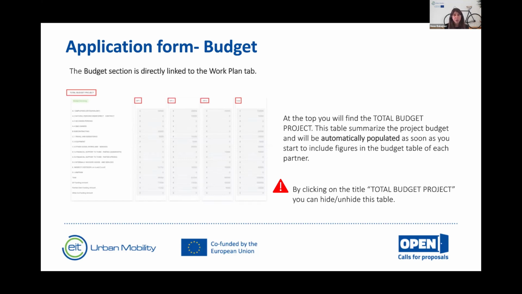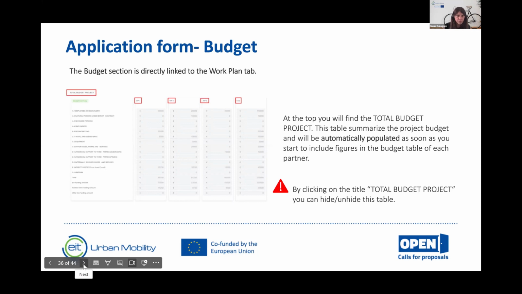So first of all, work on the final version of the work packages, and we also recommend that you do it in an Excel file, and then fill the tables directly in the platform, because otherwise perhaps you have some partners that are not related to a work package, so they don't have the column. So it's better to be sure that all the work packages are the final work packages that the